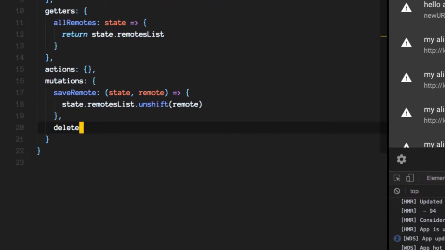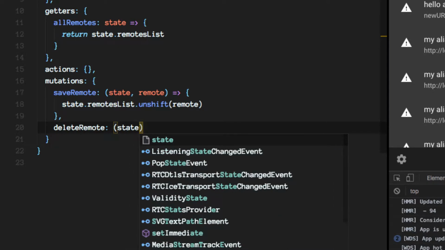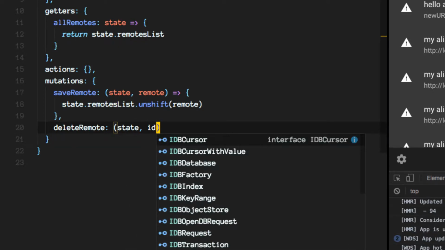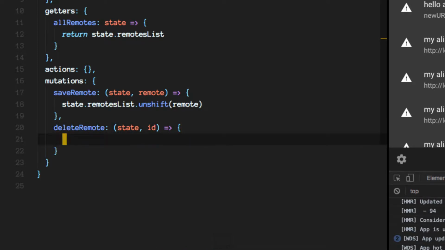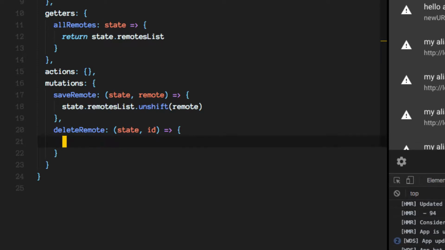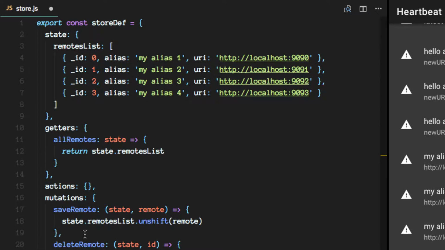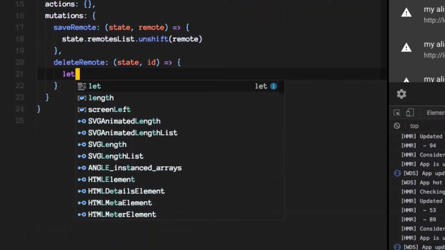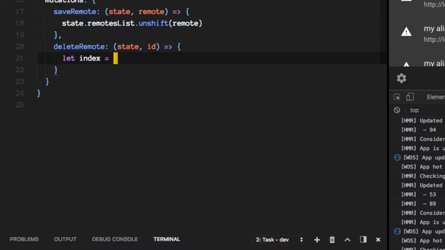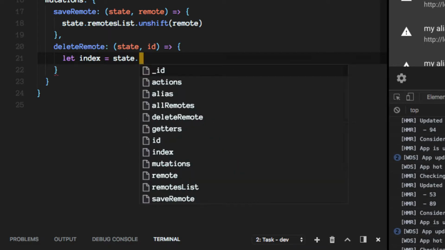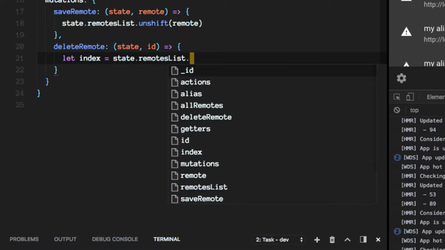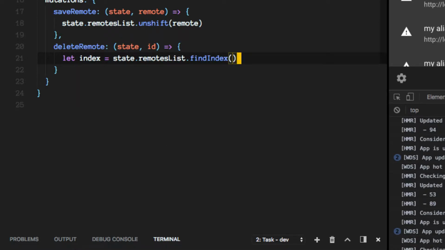So let's call it delete remote, and it will take the state as mutations do, and then let's pass an ID so we can know which remote we're trying to delete from the list. Great. So let's find in which position of this array my remote is going to be at. And for that, let's implement the following. We're going to find an index. So we need to get a hold of the state.remotes list and find index,